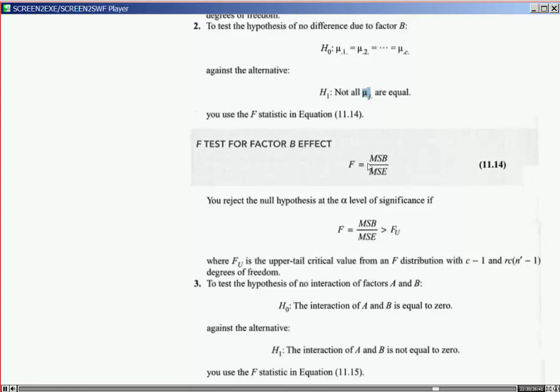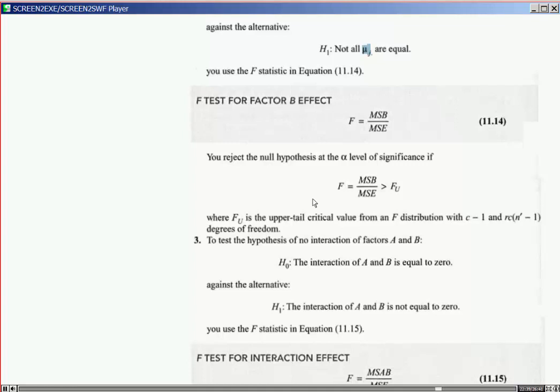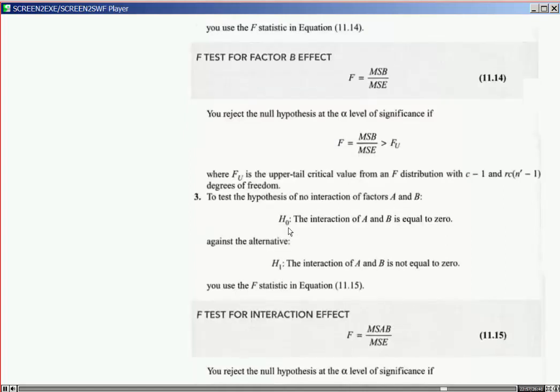This is the F statistic, which is the same formula: mean squares due to factor B divided by mean squares due to error. You reject the null hypothesis at the alpha level of significance if the F ratio is greater than the critical value F sub U, which again is the upper tail critical value